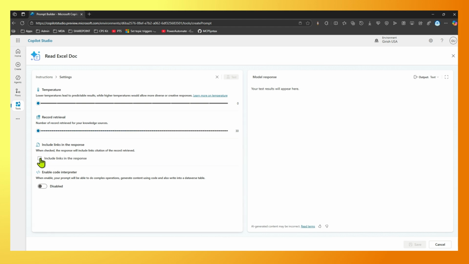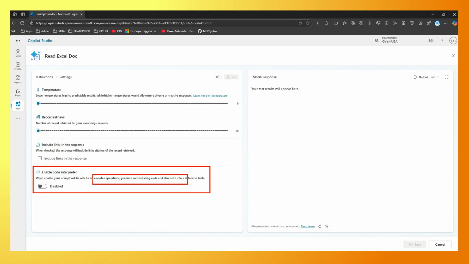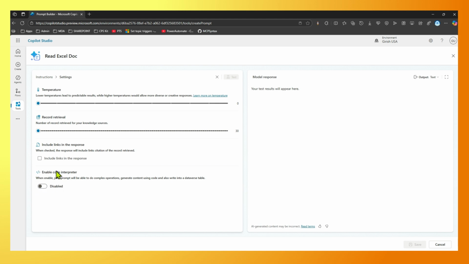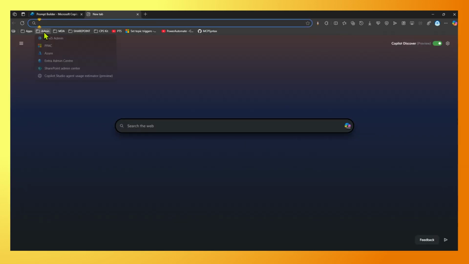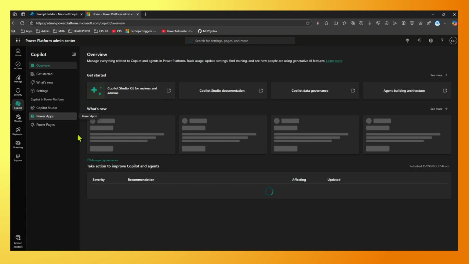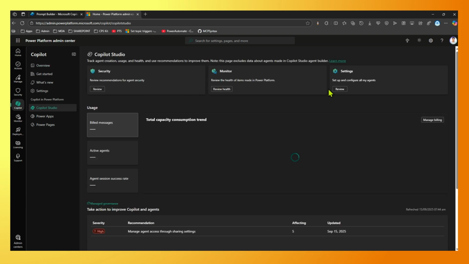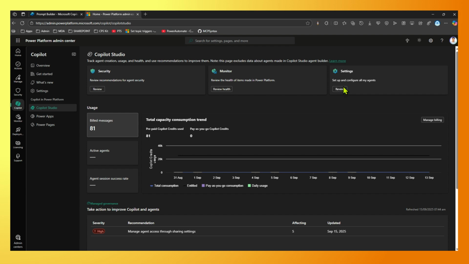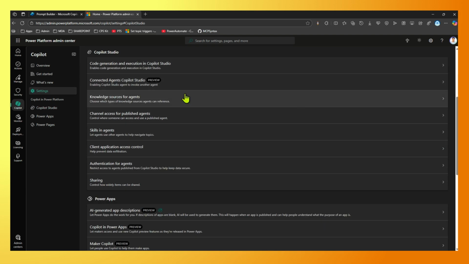You can include links in the response, and this is the one which is interesting to me: enable code interpreter. When enabled, your prompt will be able to do complex operations, generate content using code, and also write into the Dataverse table. Now, if in your tenant this particular section is disabled, what you can do is navigate to the Power Platform Admin Center. Navigate to Copilot, go to Copilot Studio, and here, if you navigate to settings,